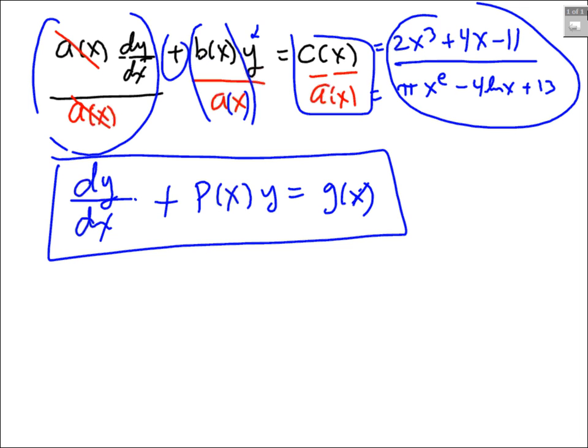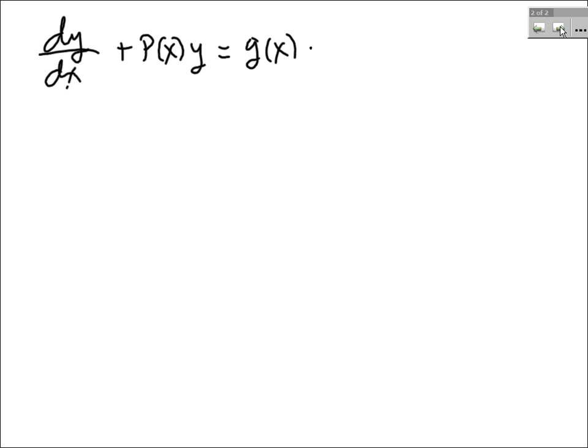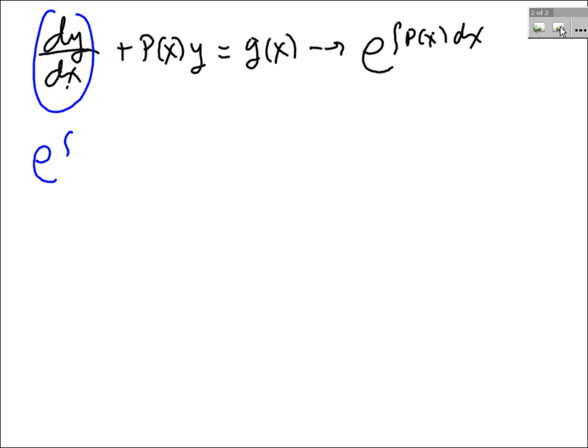Now, how can we solve such an equation? First, let's put it on another page. If you have dy/dx plus a function of x times y equal to yet another function of x, and you were to multiply both sides by e to the integral of p of x dx, magic is going to occur. Multiply that by what I just said, e to the integral of p of x dx, dy/dx,